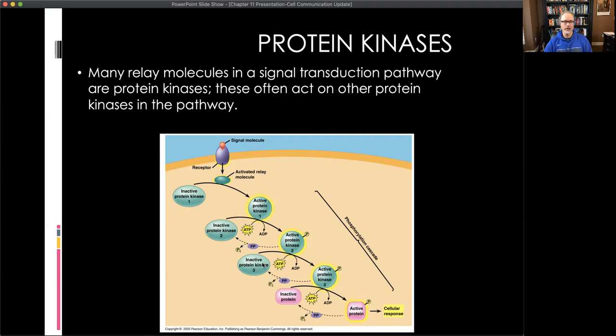And then from there, you've got a phosphorylase, this thing that's called PP right here, the purple thing. This is going to take the phosphate off of this activated protein and inactivate it. It's going to return it to its inactive form so that it can then take more information at a later